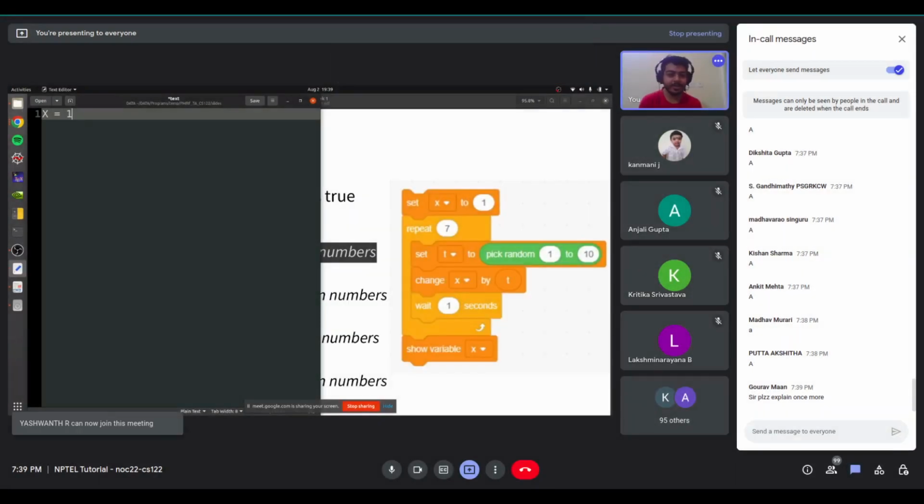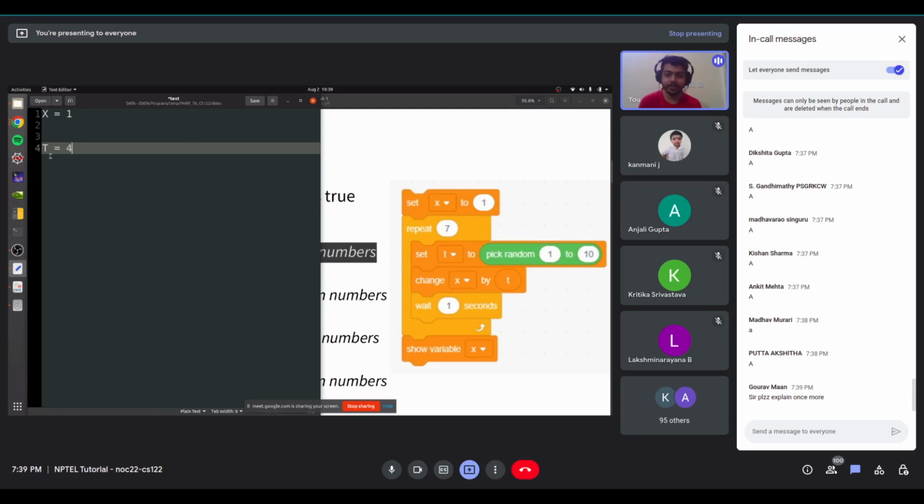Okay. Now we are repeating something 7 times. This part we are repeating 7 times. So what are we doing each time? We are picking a random number between 1 and 10 and storing it in t. Suppose it comes as 4.